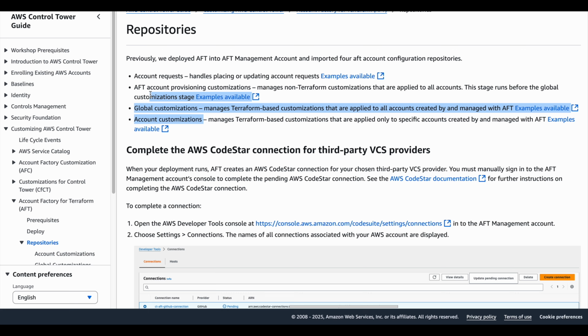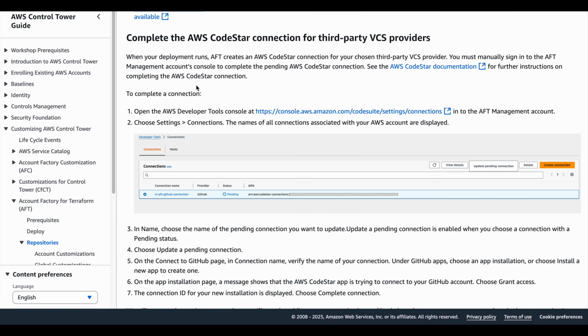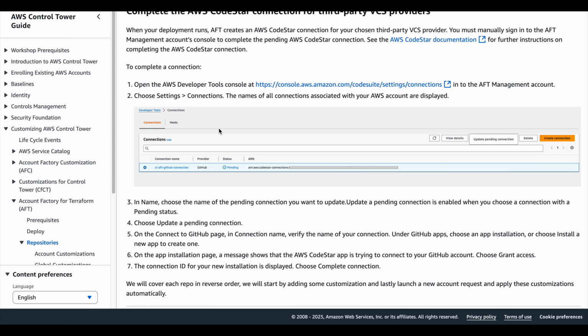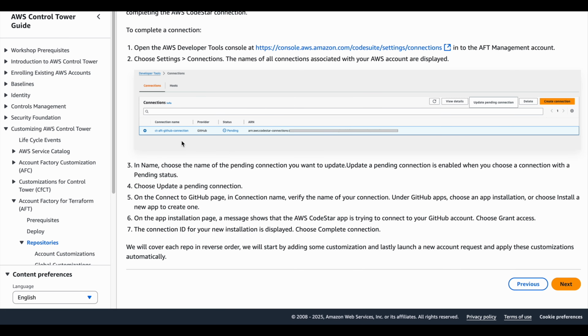Before we start testing, you have to open your AWS AFT management account, go to AWS Developer Tools, and in Settings, Connections, you will see some pending connections because we have not enabled them. You will click on that and approve it, and verify the pending connections.